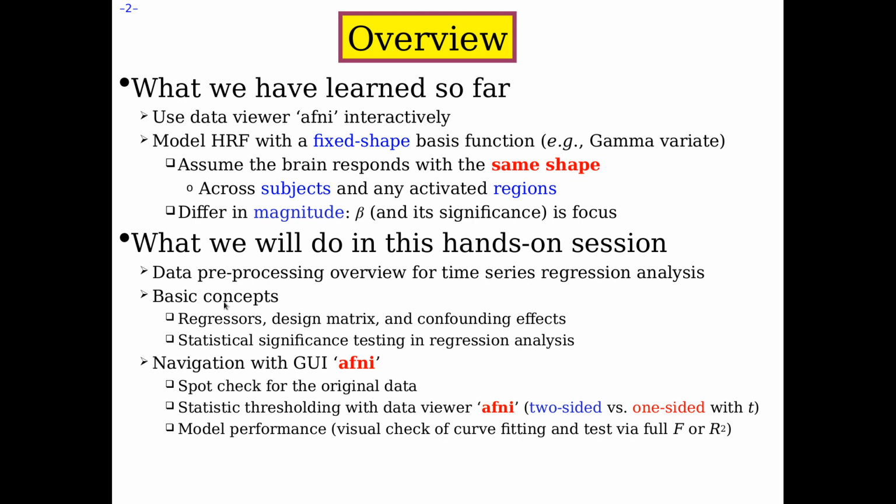But you've covered the regressors and the design matrix, so we will talk about it more from a practical sense, looking at it closely and making sure that we understand what components are in the regression matrix. And then we'll do some navigation with the GUI, looking at the data,